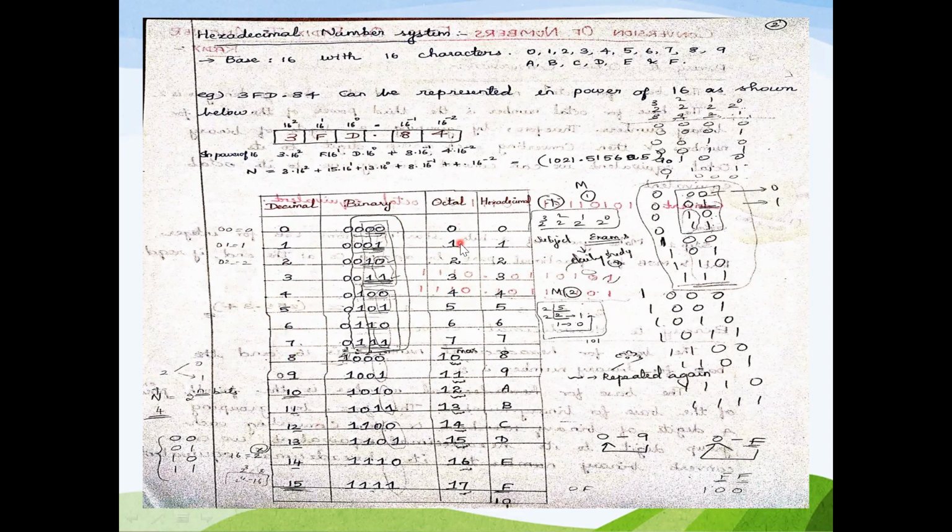Similarly, for the octal, 0 to 7 are the digits present. After 7, the maximum value, is reached, you will once again have the repetition of the sequence from 0 to 7, preceded by the first digit 1. So next to 17 we will have the value of 20. Okay, next after 27 we will have the value of 30. Likewise, we will have the repetition of these numbers.